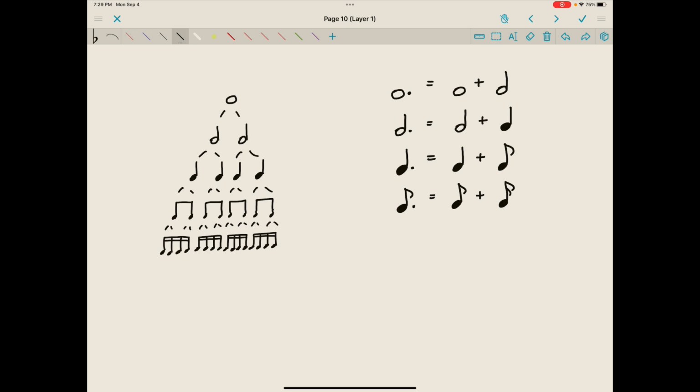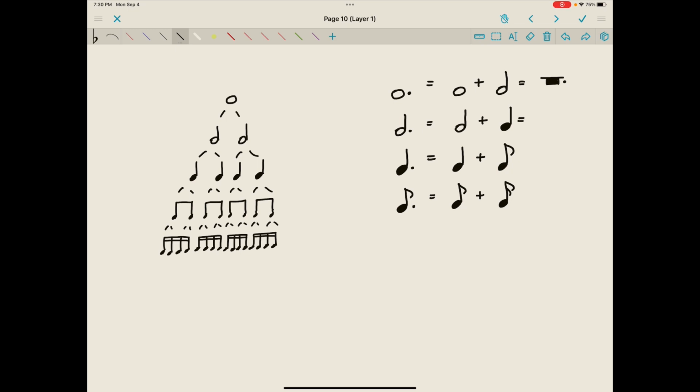Just like the note value pyramid had a rest value pyramid equivalent, the dotted notes we see here will have their rest equivalents. We can hold a pitch or a sound for the equivalent of a dotted whole note, or we can hold a rest or silence for the equivalent of a dotted whole rest. So a dotted whole rest would look like a heavy hat with a dot to the right of it.